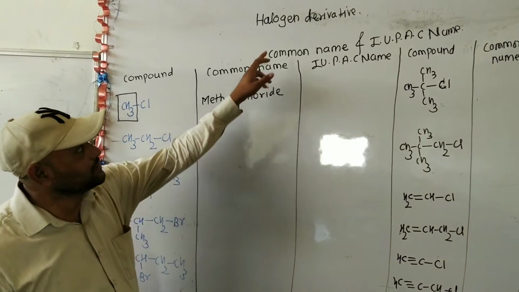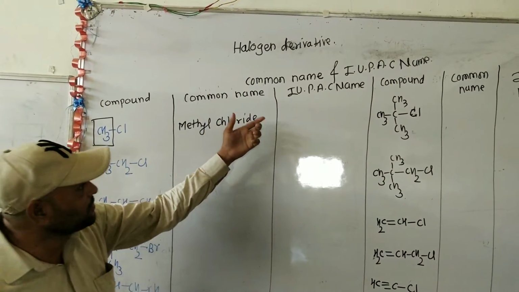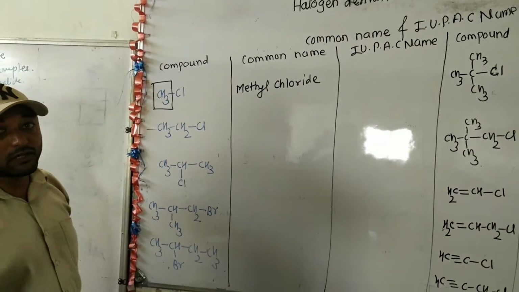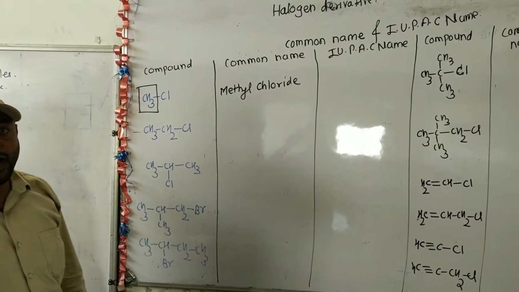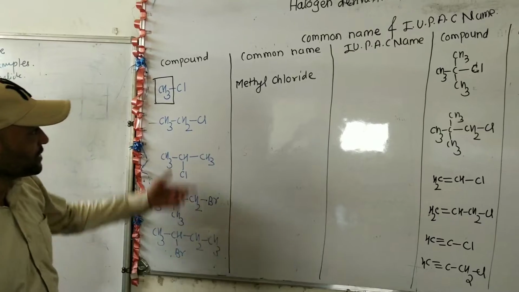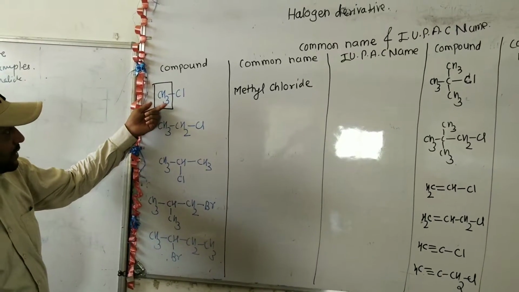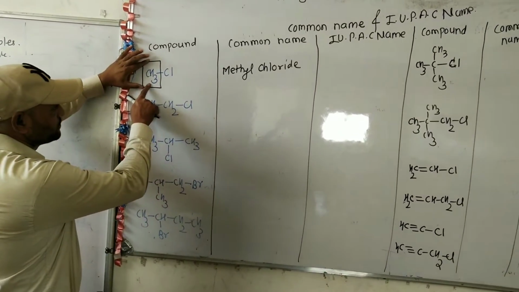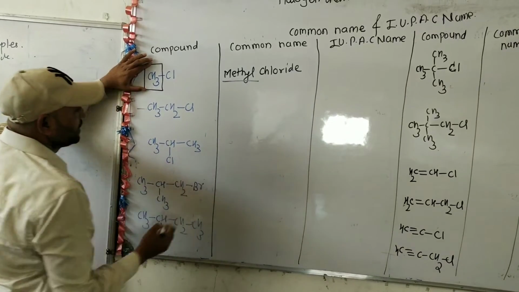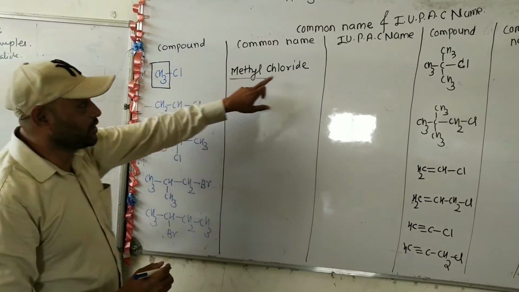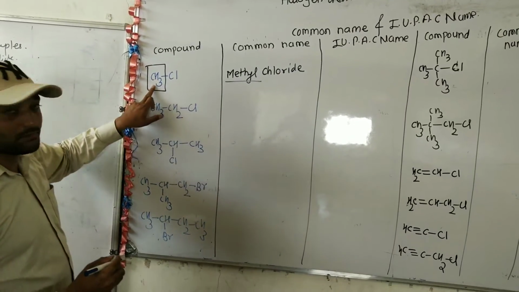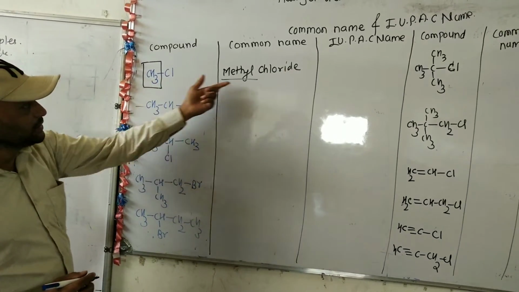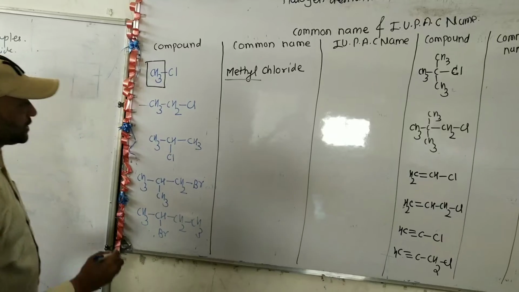Today we will start the IUPAC name and common name of halogen derivatives. So first of all, we see the common name and IUPAC name of monohalogen derivatives. Few examples are mentioned on the board here. First one, CH3Cl. This CH3 group is called a methyl, and this chlorine in common name is called chloride. The name of this compound is methyl chloride. So what is the common name of CH3Cl? Methyl chloride. Take another example,